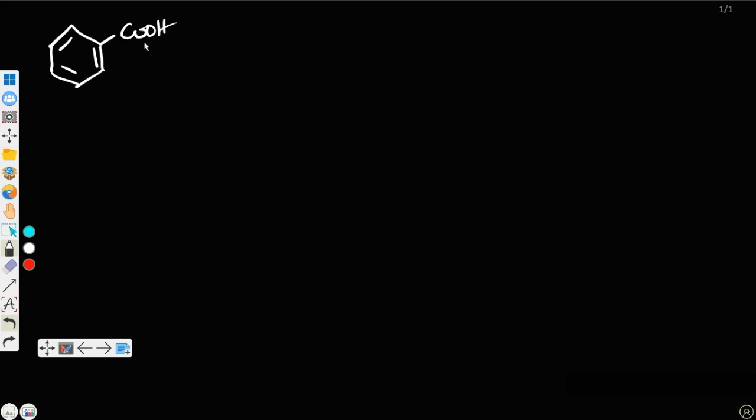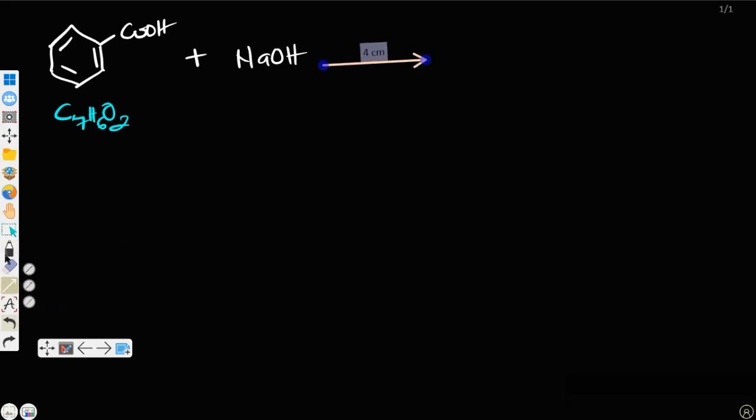Then plus H6, then 2 oxygen. This is C7H6O2, which is benzoic acid. Now when you react benzoic acid plus sodium hydroxide, according to what we said from the equation of reaction, what are we expected to get? We are supposed to get sodium benzoate, which is this,